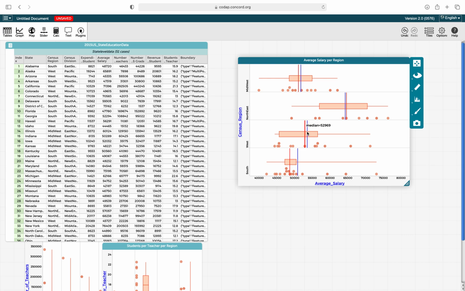From this graph, we can also compare the lowest salary between both of them. The lowest salary in the South is roughly $42,000, whereas in the West, the lowest salary is about $45,000. Now that we've compared the lowest, we can also compare the highest. The highest salary in the South is roughly $73,000, compared to the West, which is about